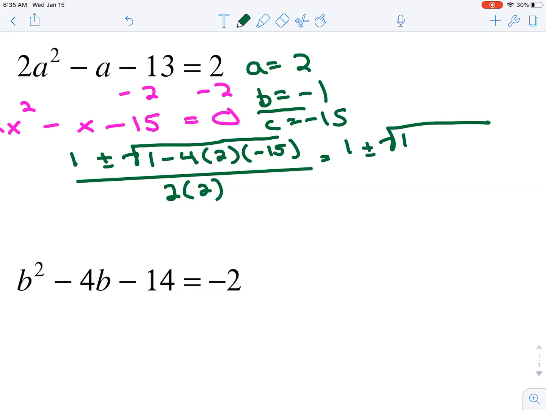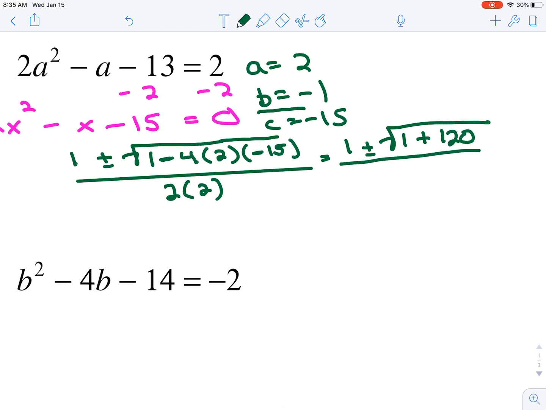Okay, now remember the trick that I taught you guys. Count up the subtraction signs that are underneath the radical. So I see 1, 2. If it's an even number, it is 1 plus whatever. If it's odd, like 1 or 3 subtraction signs or negative signs, it's 1 minus. Now I don't need to worry about the subtraction signs under there. I just go 4 times 2 times 15, which is, give me a second, 120